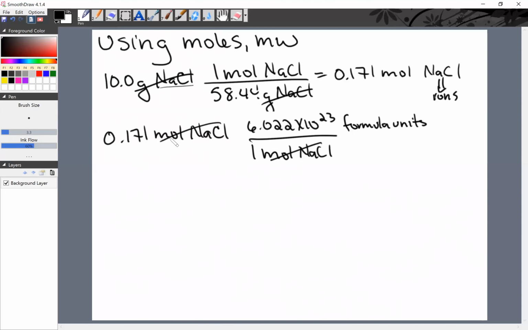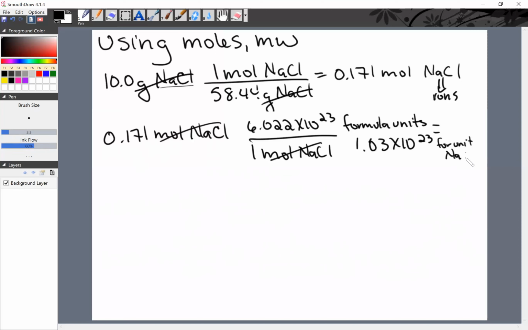And that answer is, if you use the term molecule right there, that's absolutely fine. Technically, it's ionic, so it's not, but again, it's okay. 1.03 times 10 to the 23rd formula units of